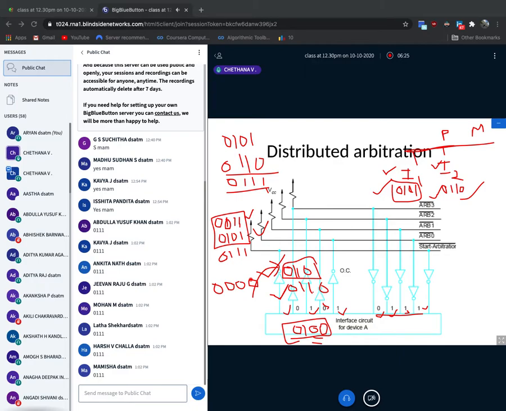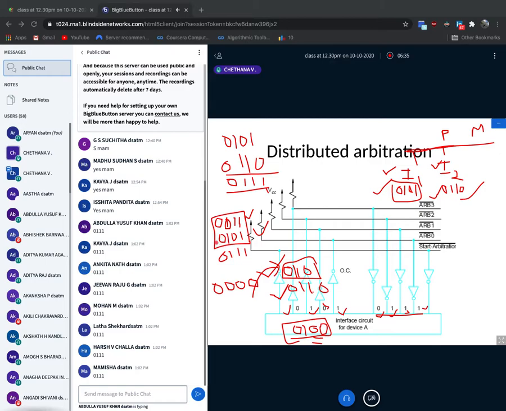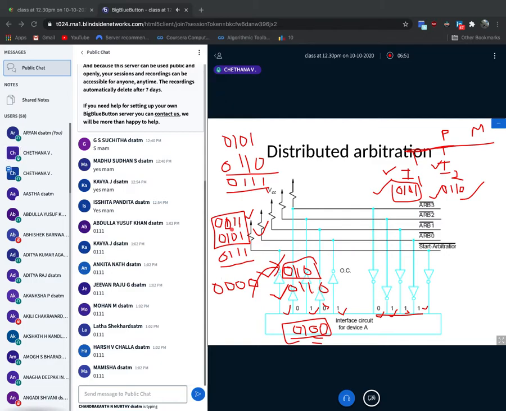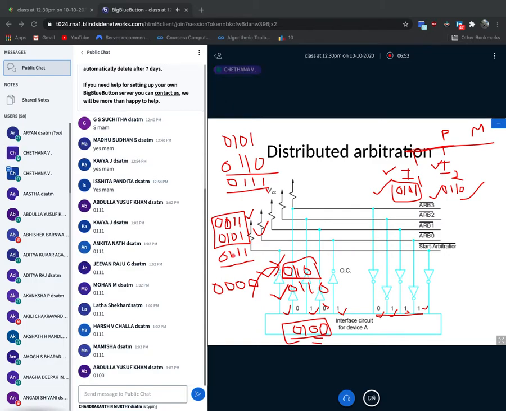The same for device number 2. Please find, compare and give the new value. Do you know how I did it? If you want, I'll explain one more time. Compare the result of the OR operation with the unique ID of the device. Your unique ID is 0011 for device number 1. So 0 with 0, 0 is the answer. Now 0 with 1, you are going to get a discrepancy over here. From here onwards, just write 0000.